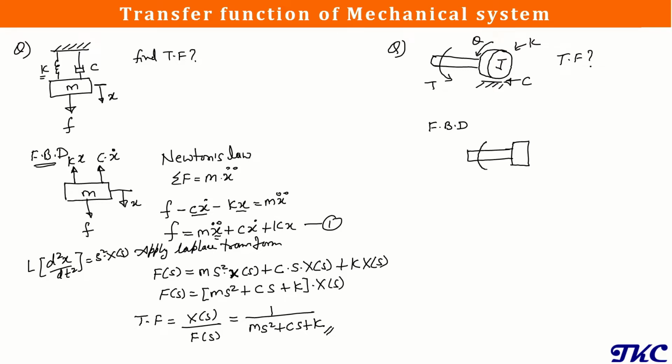Now when we are going to apply a torque here in this direction, we will be having displacement in the same direction, that is theta. Now since it is having a stiffness of K, the stiffness of the system is going to resist this torque, and it will offer an opposite torque. Similarly, when we are applying this torque, the damping element in the system will resist it, and it will offer the counter torque, and it will be equal to